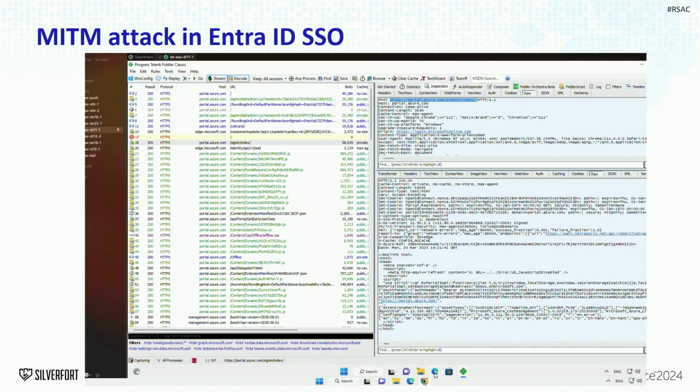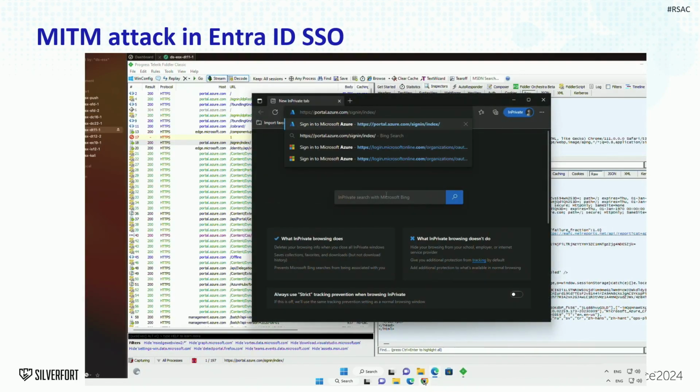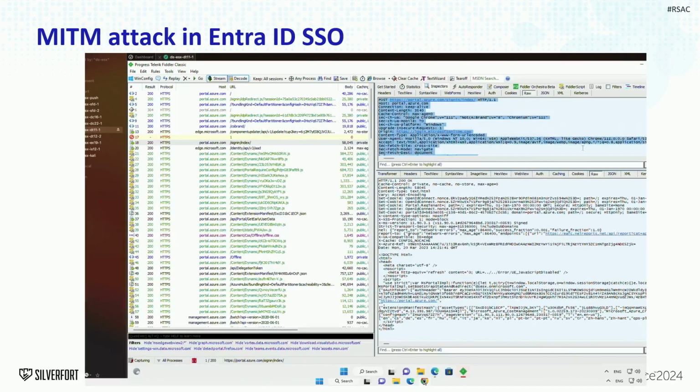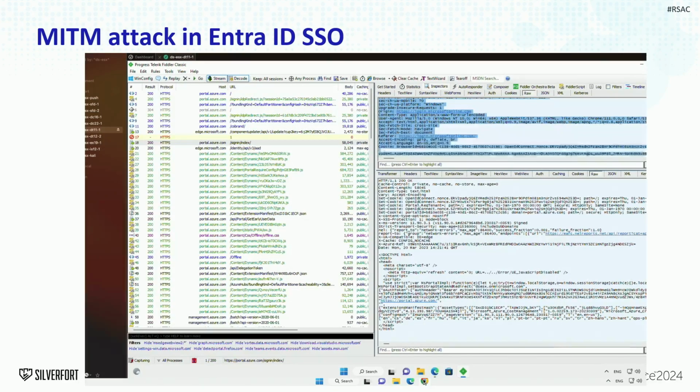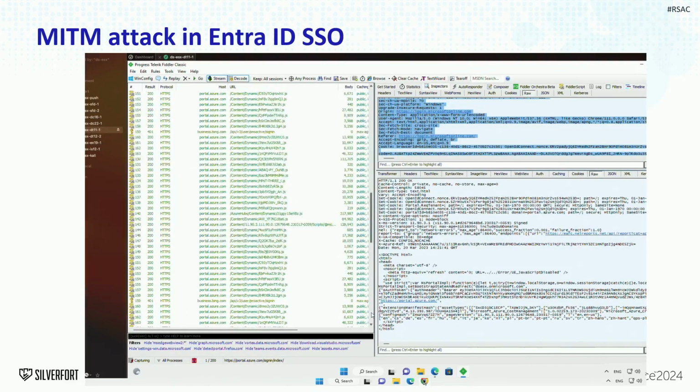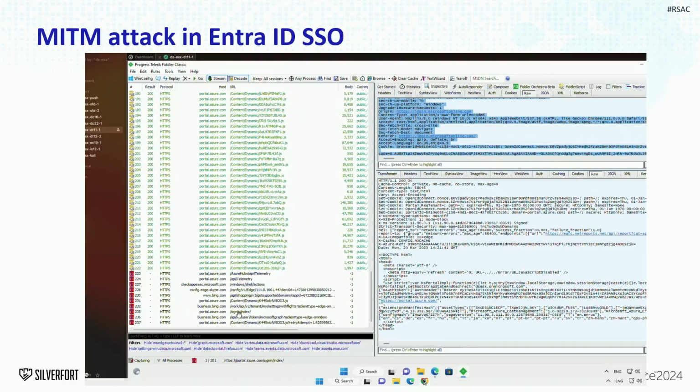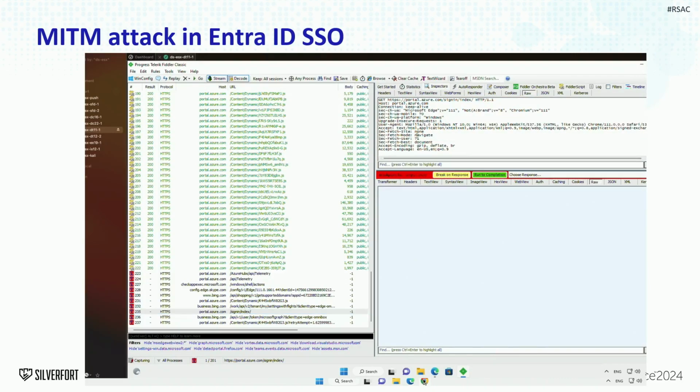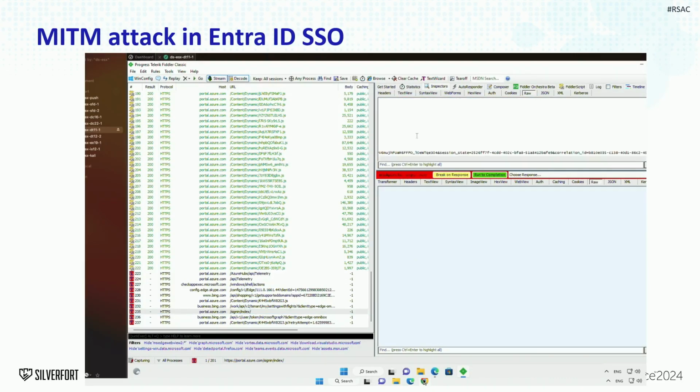We can see here that I actually changed the browser that I'm using to see if there is a validation of the browser itself. And surprisingly, there is no validation of the browser, location, or number of usages.